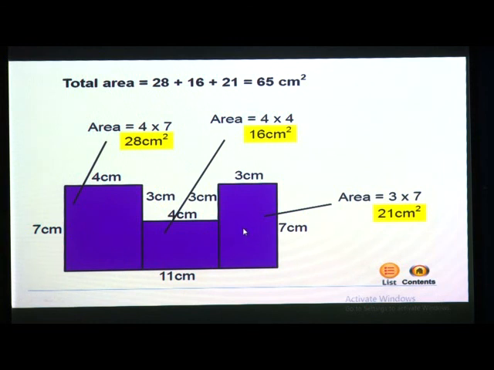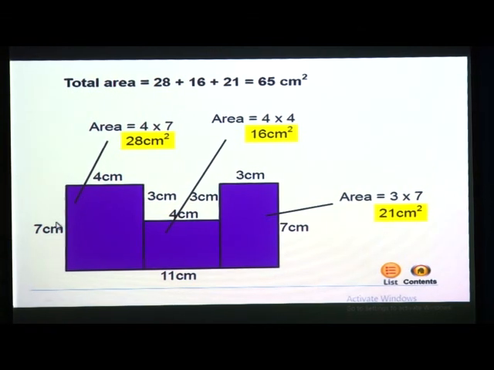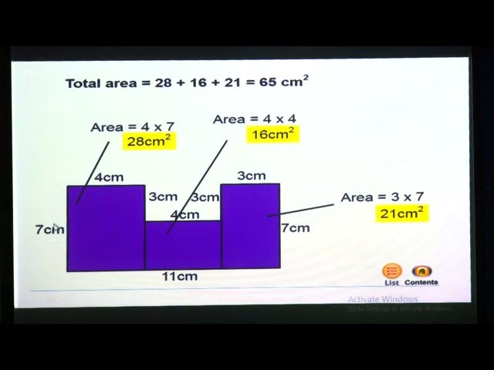Now, to find this we need to divide it into parts, because to find the area of an irregular shape it should be divided. So, we have drawn a line here, and so we have 1, 2 and 3 parts. Let us see. The length is 7 centimeter. To find the area of this particular shape, we have to multiply: 4 into 7, length into breadth, area of rectangle. So 7 into 4 is 28 square centimeter.